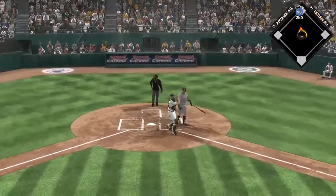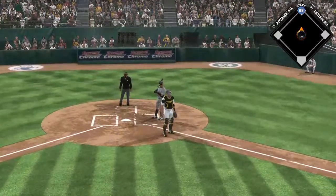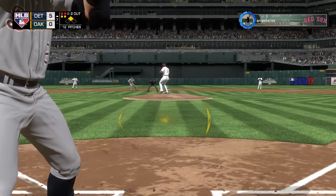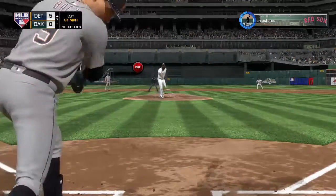3 in a row. And this one's in the dirt. And a nice job to keep the runners at bay as the count moves to 2-2. All even at 2-2. Here it is. Swing and a miss, and that ends the